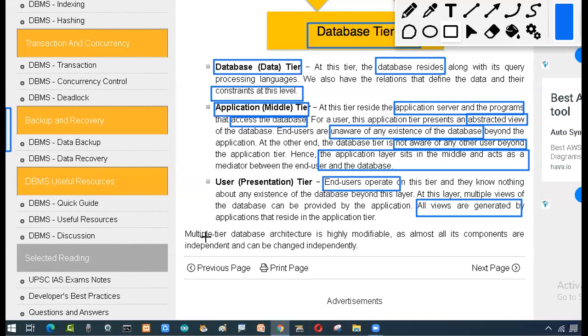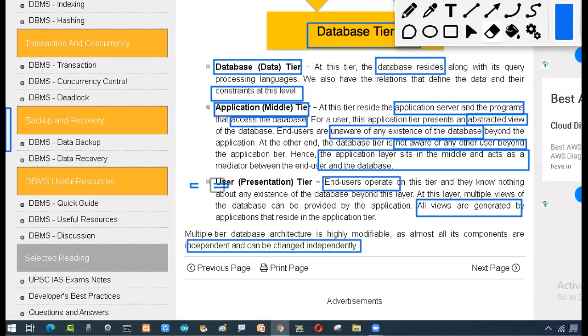So this is the multi-tier architecture, and compared to the other two, this is independent. If you remember that this is independent, it does not depend on the particular database. It is independent depending upon the architecture and the program, and here the mediator will again be a different one. Whoever develops or implements this three-tier architecture will develop the application for the server and also the application for the client.